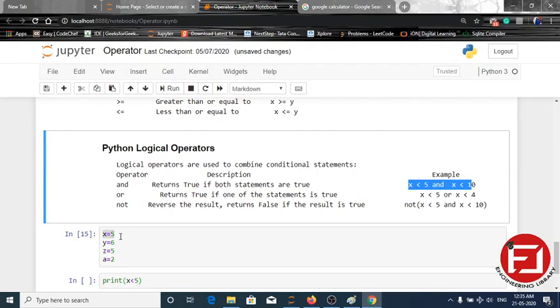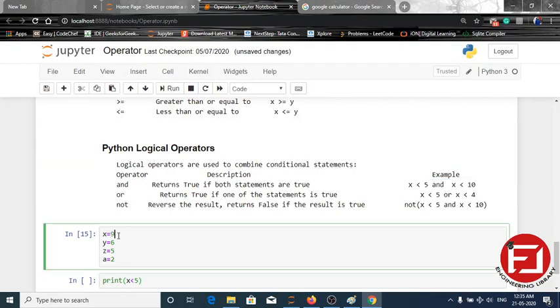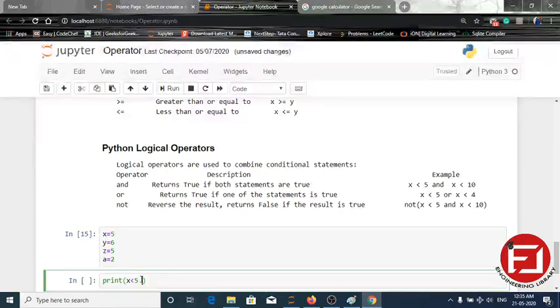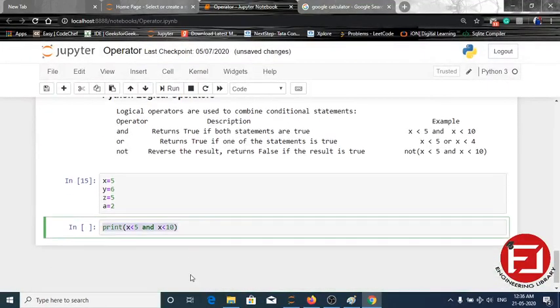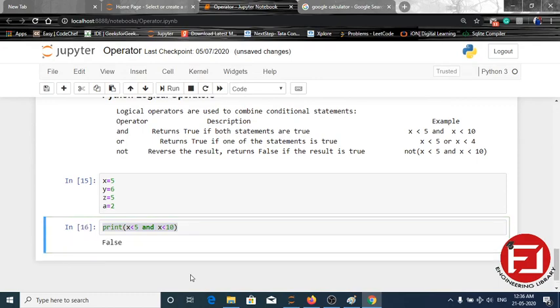If we increment this value to 6, it will simply return false for x smaller than 5 and x smaller than 10. So obviously what we have demonstrated here is that it returned false overall, because x is not smaller than 5, it is equal to 5.